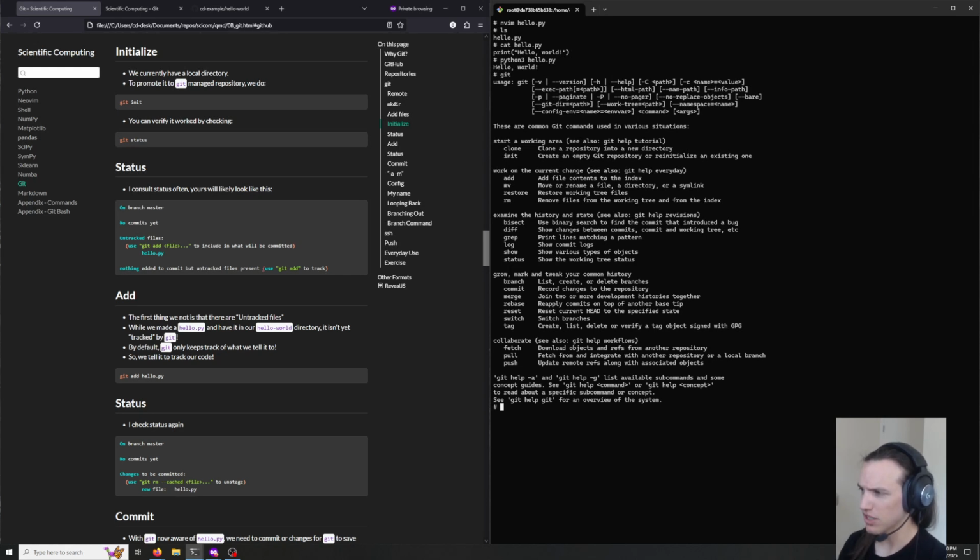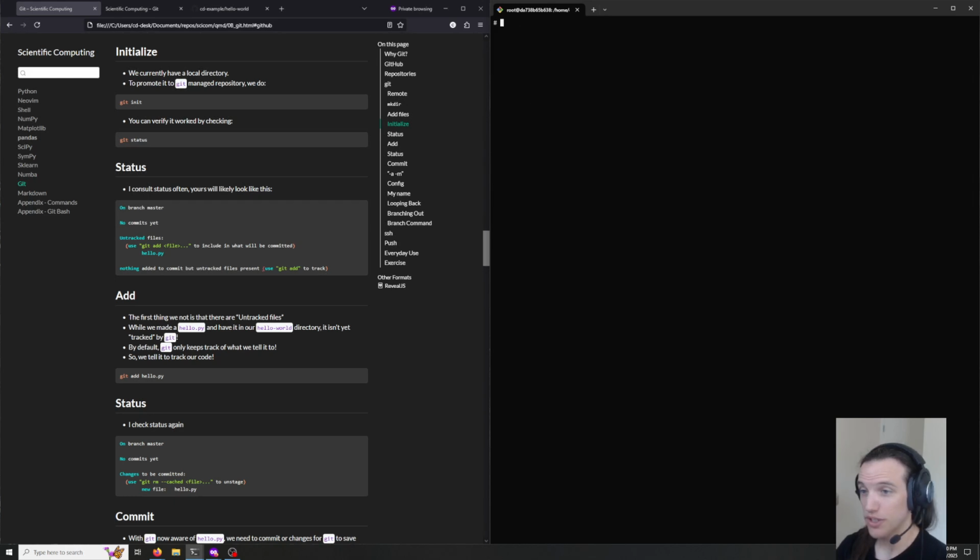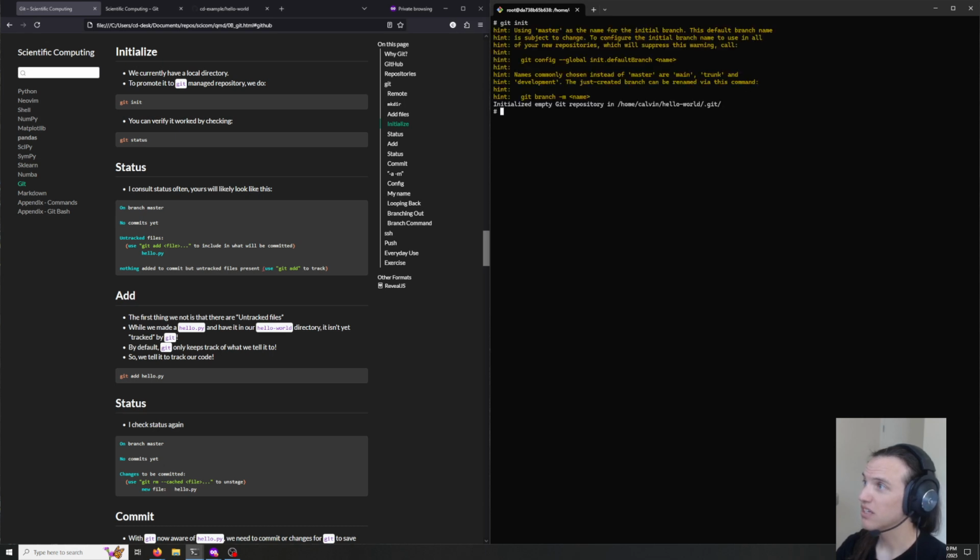So this is all of the stuff that Git has. We're not going to use all of that. We're going to start by initializing our repository with git init. Now, that gave me some notes. We will deal with some of those notes later in time. But now I have initialized an empty Git repository in home Calvin hello world, and now there's this .git hidden